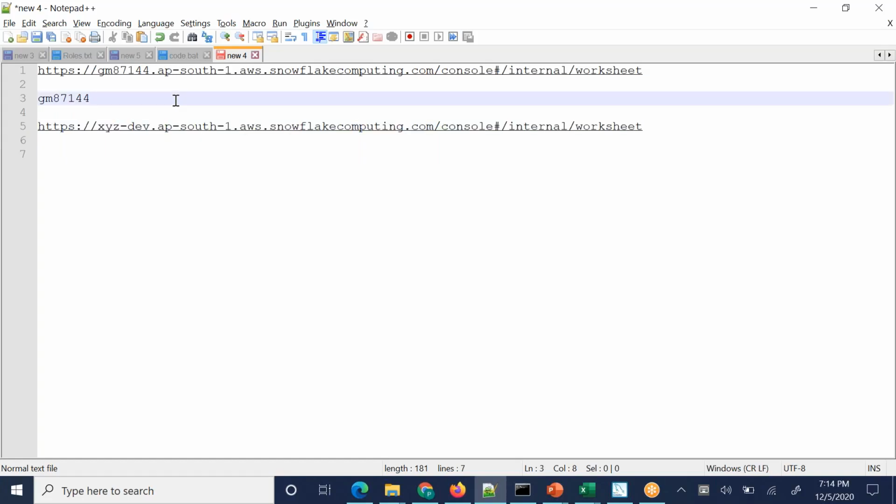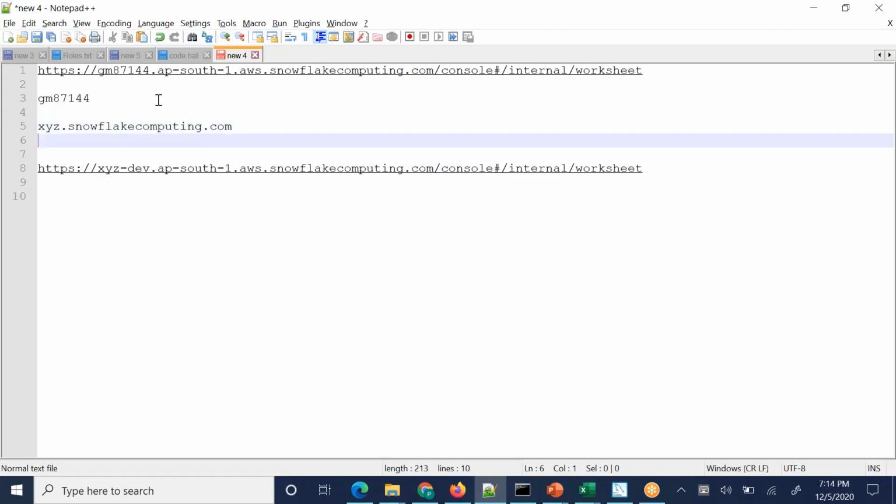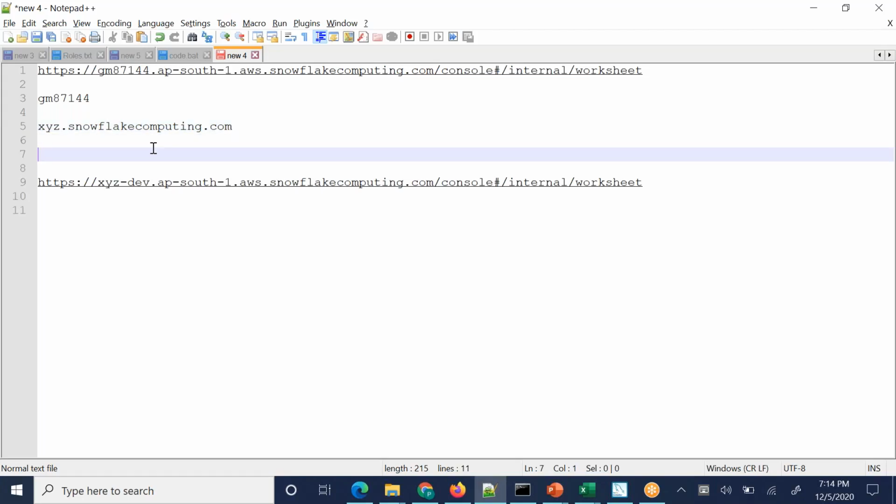If you sign in to the North America region for the AWS part, you won't get all this stuff, like AP South One, AWS, and so on. Your account will be like xyz.snowflakecomputing.com, but only if you sign up in North America West Coast, because Snowflake is in San Mateo, California. Initially when they started this region, they did not think of how big they were going to grow. But whenever you sign up in the North America West Coast region, like Oregon or something, then you will get